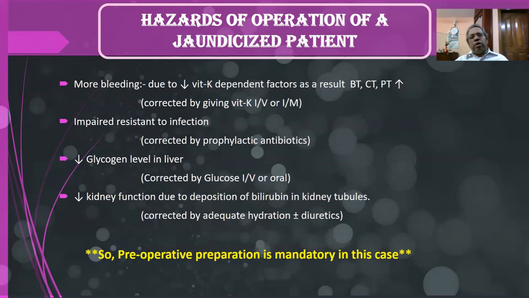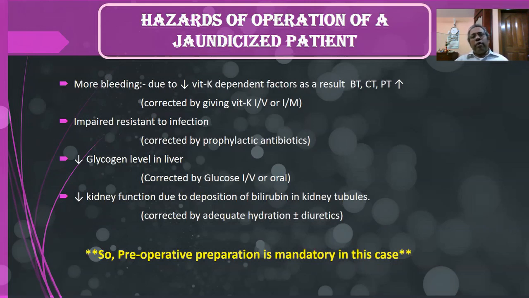Hazards of operation on a jaundice patient. What hazards happen? First thing is more bleeding. That bleeding is due to the deficiency of clotting factors, that means prothrombin, which are vitamin K dependent factors. Vitamin K is absorbed from the terminal ileum. So due to the vitamin K depletion, BT, CT and prothrombin time are prolonged. So there is a chance of